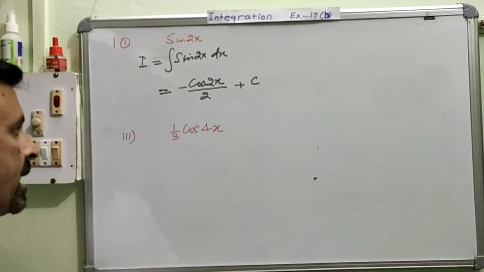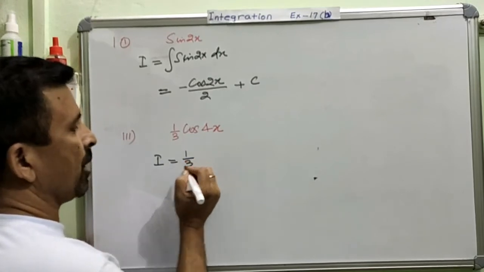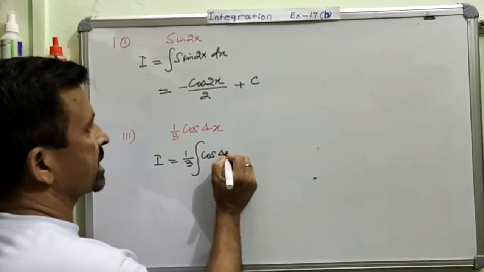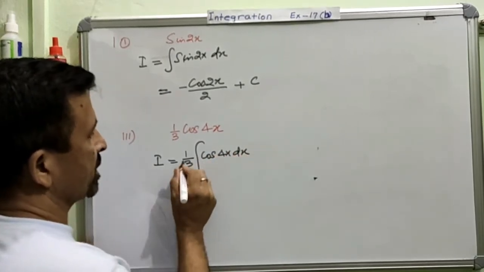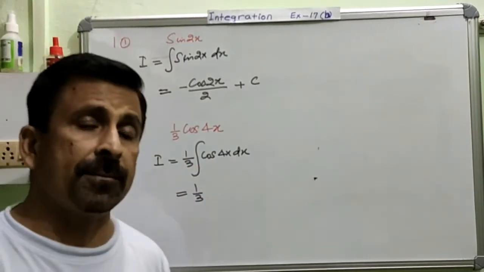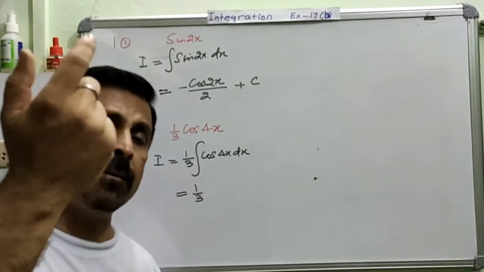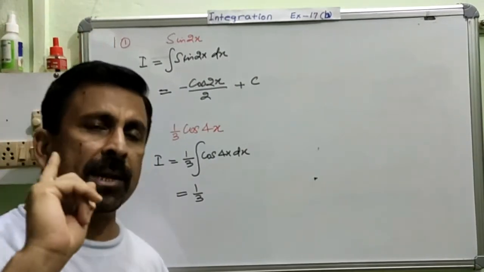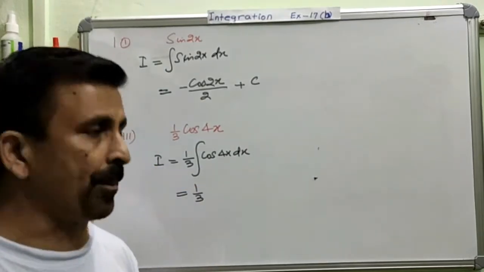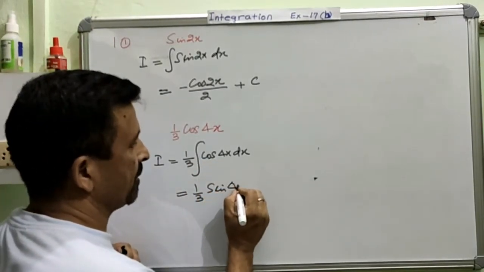Now, when we integrate this function, I is equal to, this constant can always be separated, right? No need of writing it inside the integration sign. This is cos 4x dx. This constant will remain as it is, 1 over 3. Now we will find the integration of cos, and cos is the derivative of sine, right? This result came from the derivative of sine, and in case of derivative of sine, the answer comes out positive. That means the quotient is positive and the answer also will be positive. Therefore here the sign will not change, and the integration of this will be sine 4x.